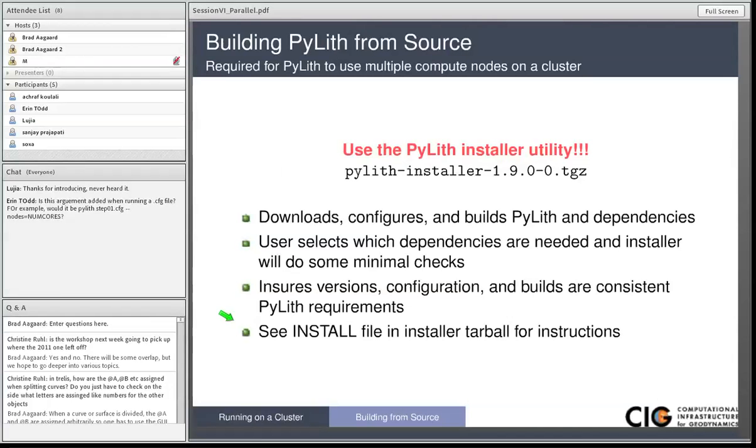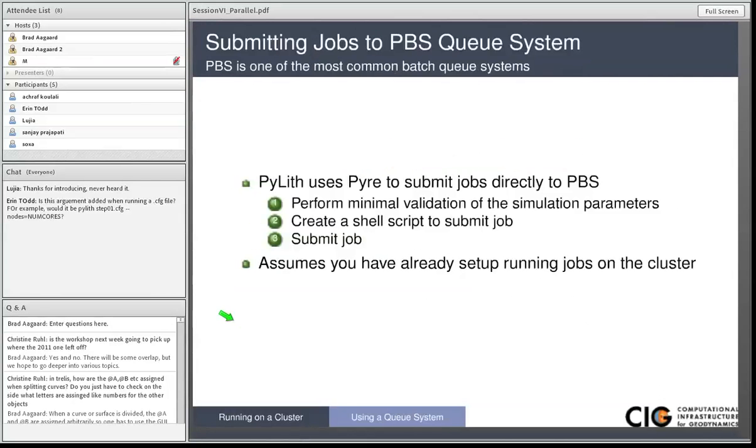And that's all I'm going to say about building from source. Basically, use the installer. If you run into problems, send an email to CIG short. Perhaps in the future we'll have a special sort of session on building from source, and we'll go through things in more detail. So now let's